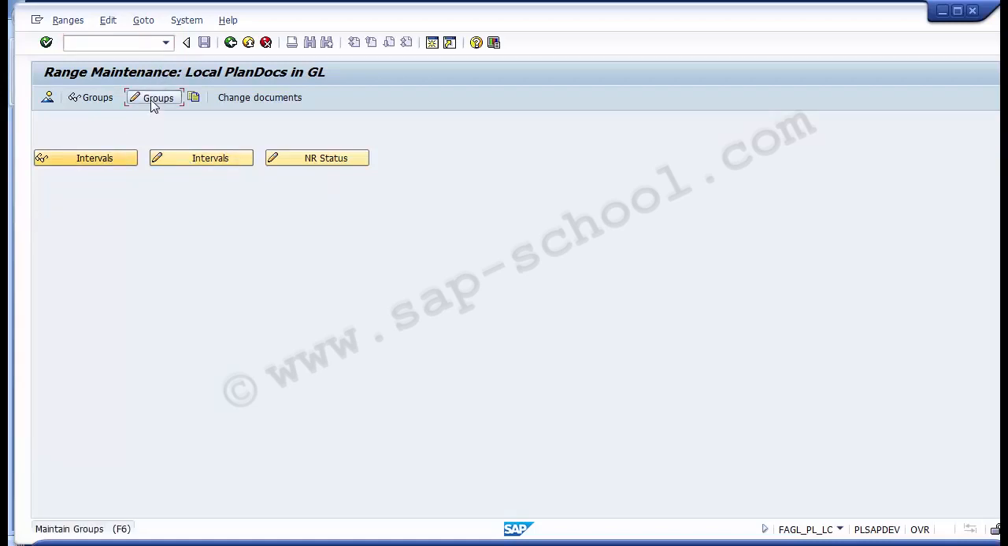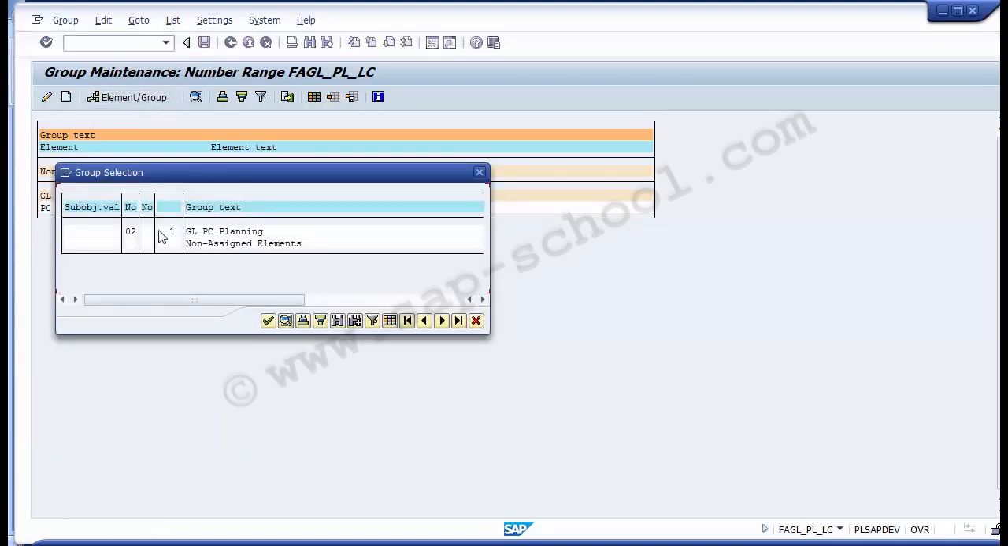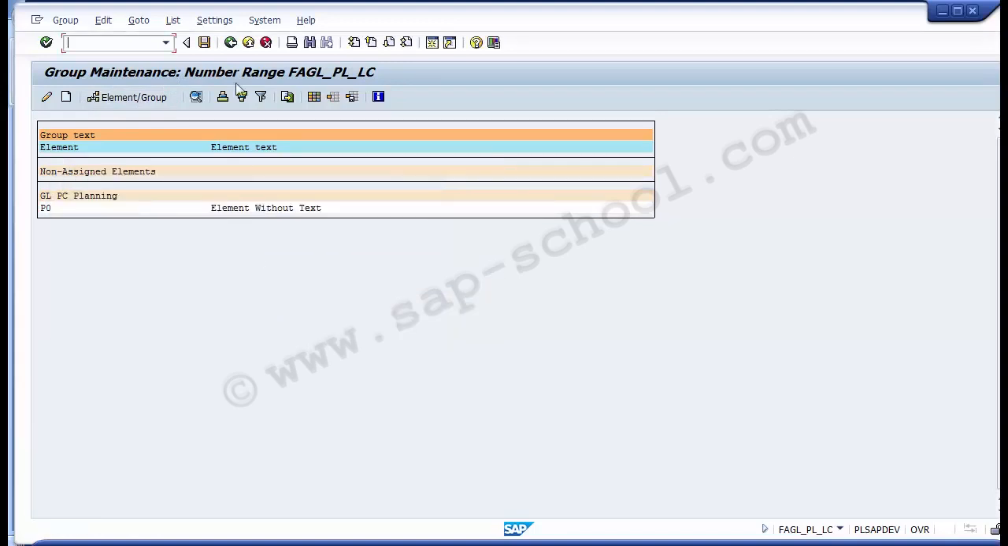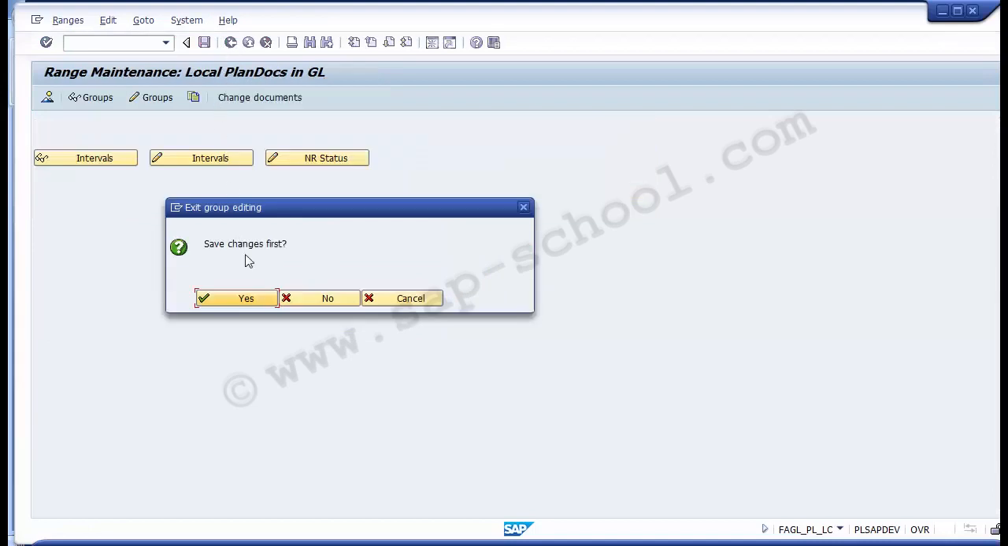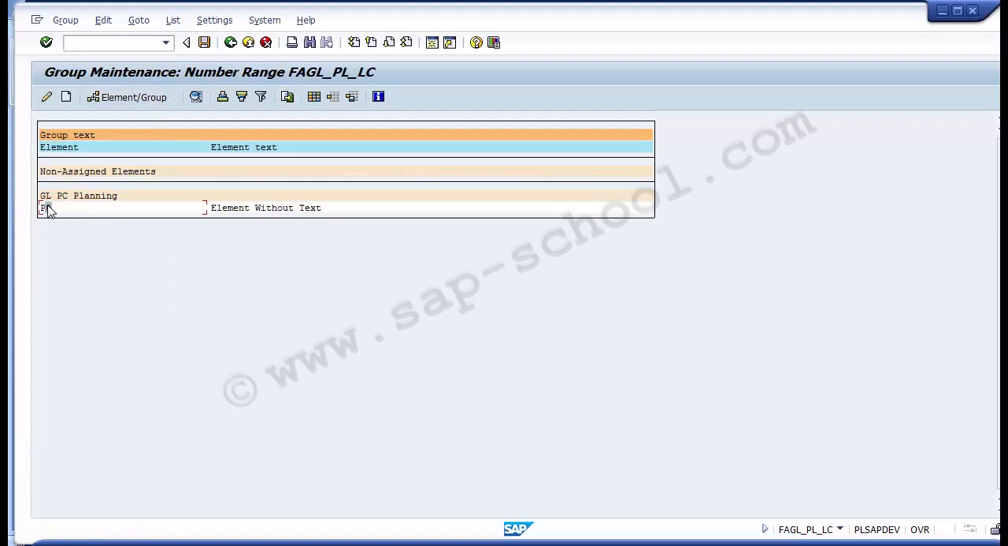Over here, maintain groups, and as you go to the maintain groups part, you will find a P0 as the document type, as you can see over here, and within that you can see that the number range 02 has been assigned. And if you want, you can go and check the document over here. You go to this option, or you can go to the option select, and then you can go to